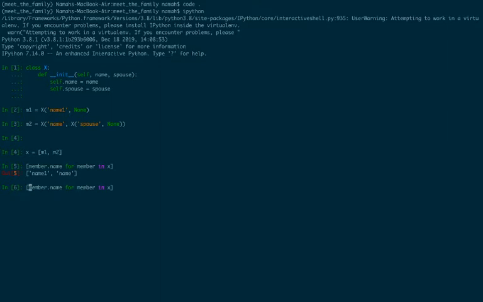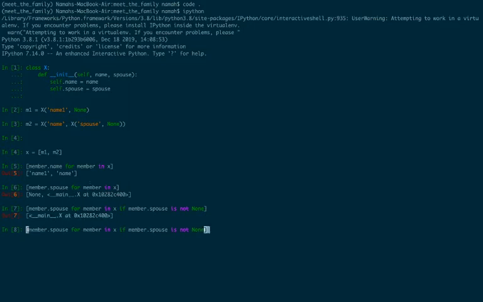So what we're going to do is we're going to say member.spouse. So you can see the first one gives us none because obviously it does not have a spouse, and the next one gives us the spouse object, right? So we don't want this none. So what we'll do is add if member.spouse is not None, right? So now we get only one value, and that is our member's spouse. So we can do that, and we can even remove this and we get the same result, right?